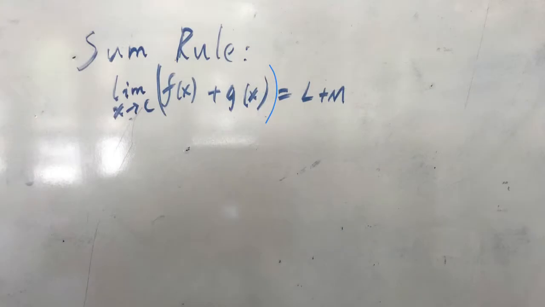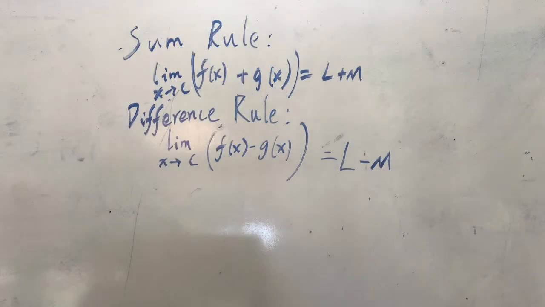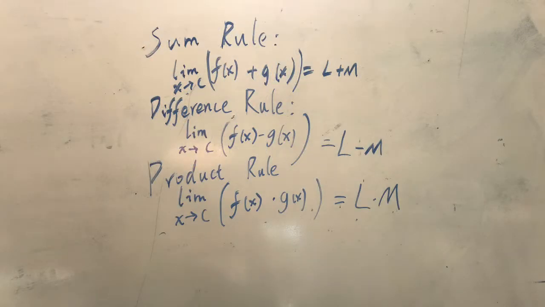First, you have the sum rule, which states that the limit of the sum of two functions at a point equals the sum of the two individual limits. Then there's the difference rule, which states that the difference of them equals the difference of the two individual limits. Same for the product rule, which suggests that the limit of the product of the functions equals the product of the